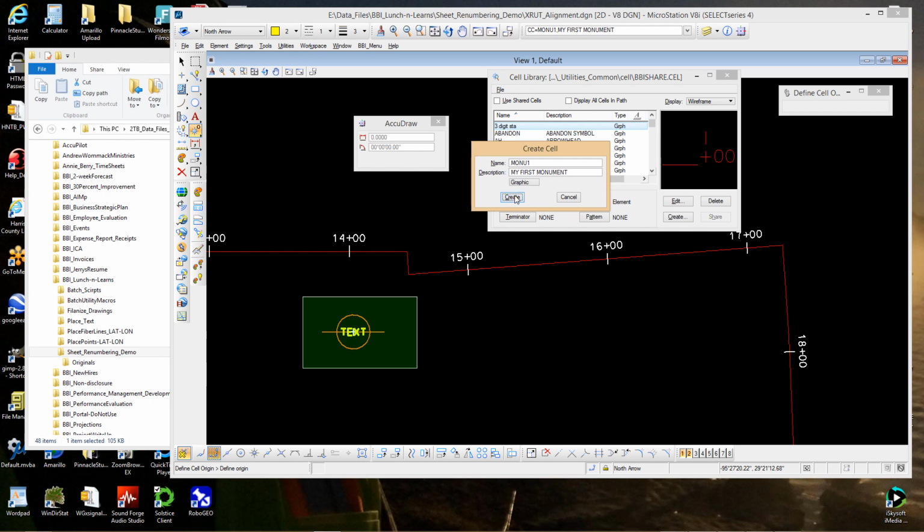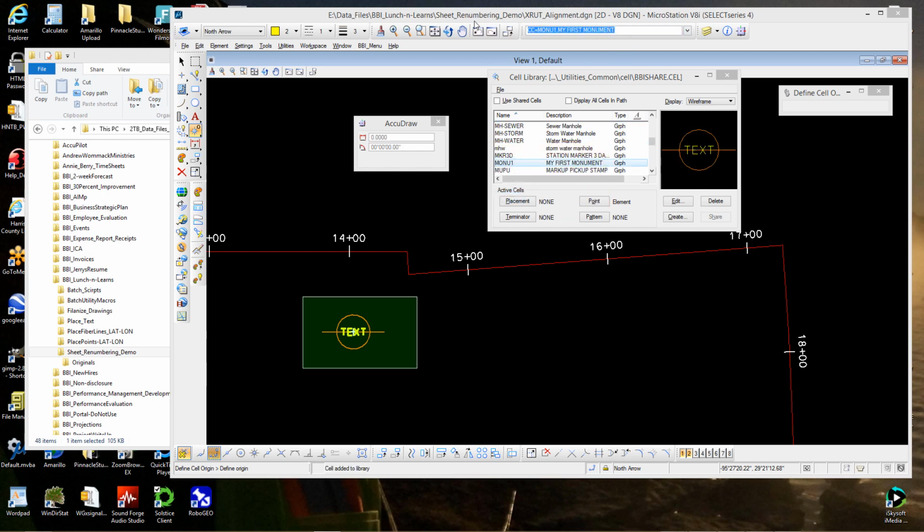And so now if I say create and bring it out, active cell equals monu1, and place it in my drawing. Okay. Now what do you want to do? Rotate the drawing and see what happens? Yes, sir. Okay. So if I rotate the view,